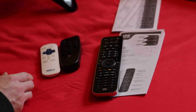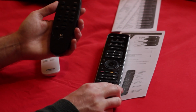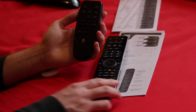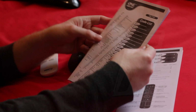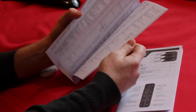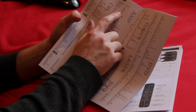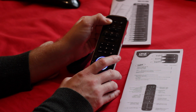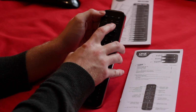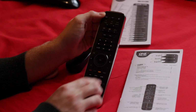So now we can move on to the next remote control, which I wasn't sure whether or not this would be compatible with it. My Logitech sound system, which is basically for a computer, it's not really for a TV or anything. So I have a look in the code book, and there's a section on amps. Here we go, and if we go down to Logitech, there's one number, 1408. So if I hold the magic button, and then move the left and right thing to amp here, and then type